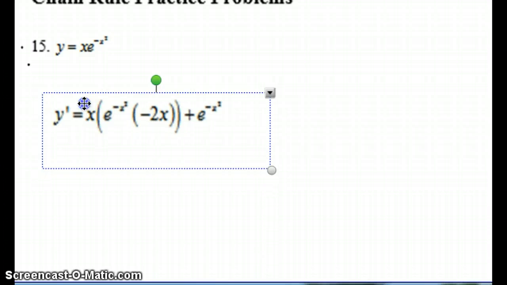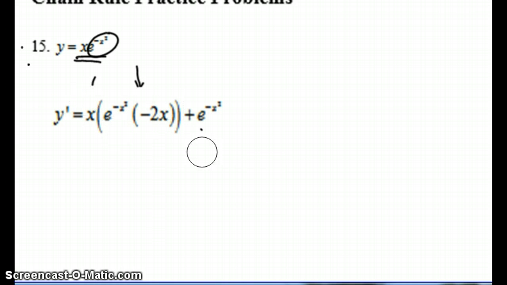So here I have a product, and I've got x times e to the negative x squared. I used product rule first, d last, but the d last requires chain rule. Here's the derivative of the exponent. And then I have last d first, the derivative of the first just being 1, so that doesn't require any numbers there. This can be simplified a little bit